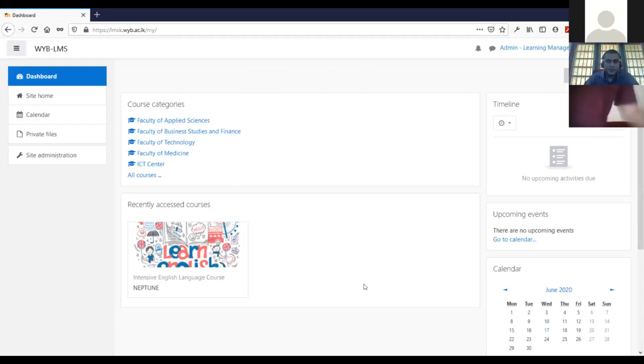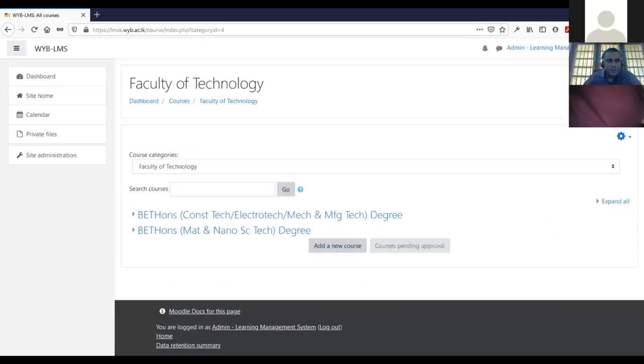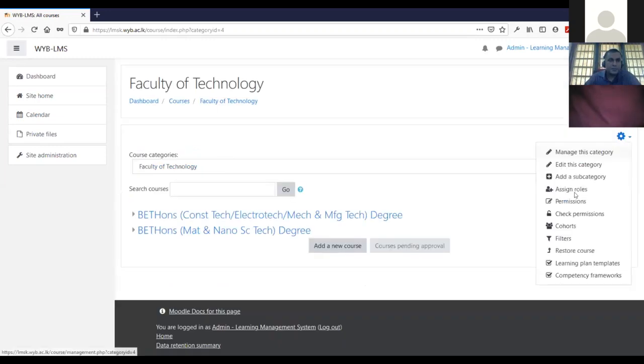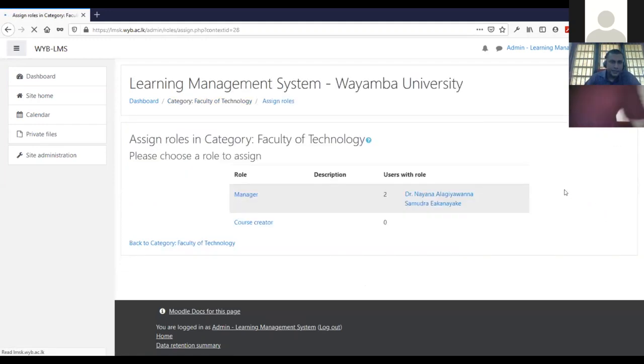So under the administration purposes, let me explain it like this. Let me take a faculty as an example. And if I go to the roles, we find a manager and a course creator. There are three major user types: administrator,